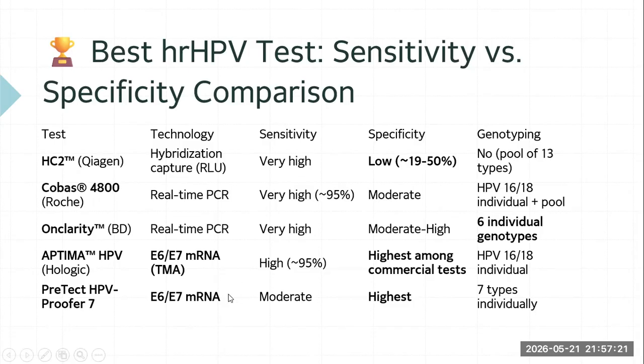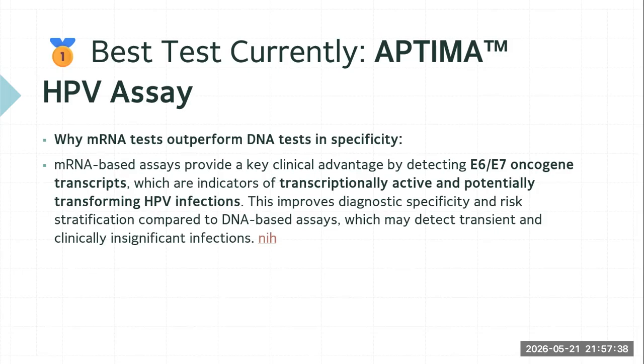18 types individually. Another is the PreTect HPV, which again is messenger RNA. It has moderate sensitivity, but the highest specificity, and it can detect all 7 types. So the best test currently is the Aptima HPV assay, and because again it is messenger RNA, it outperforms the DNA test in specificity, and plus these tests are able to tell, on the basis of the testing, if they are detected, that these might be the transforming HPV